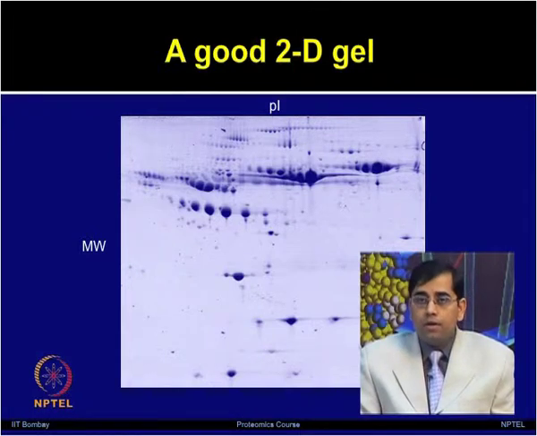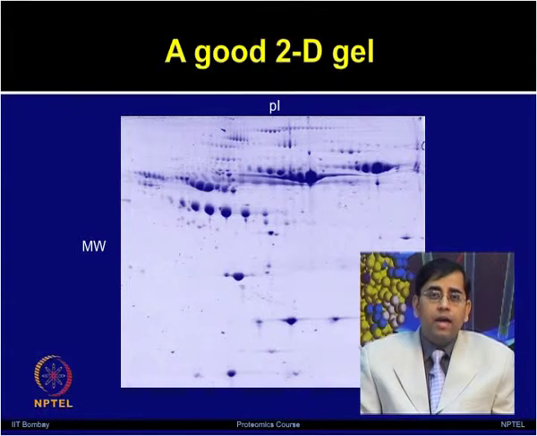Many things go wrong. Many times the salt will have some interference, nucleic acid contamination will have some effect, and you can see various types of artifacts. You can see different types of vertical as well as horizontal streaking on the gels. These small details make a big difference when you are doing gel analysis for the image processing part.